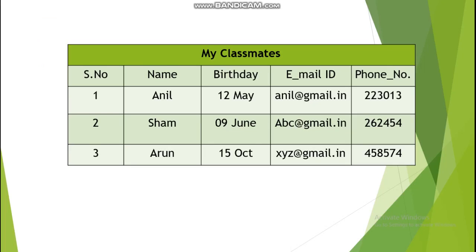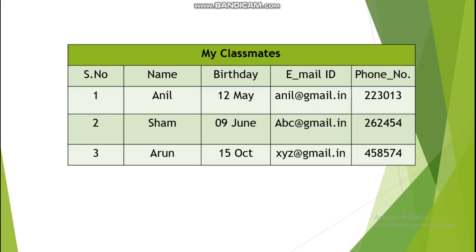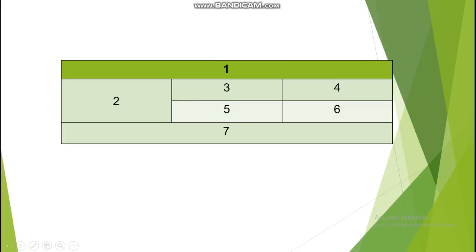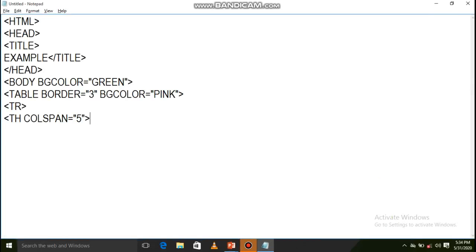Let us see how to use them. Go to the code: th colspan equals to 5, th close, and inside that you need to type the text, My classmates, th close.